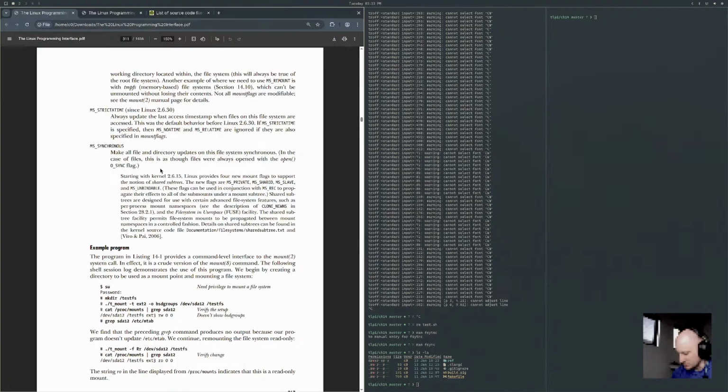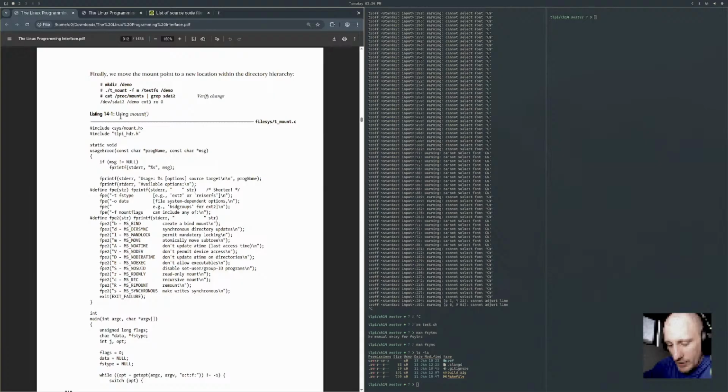We continue by remounting the file system read-only. So we say, hey, we're going to now do our t_mount with the -f and -r options, then cat /proc/mounts and grep. The string ro in the line displayed from /proc/mounts indicates it is a read-only mount.